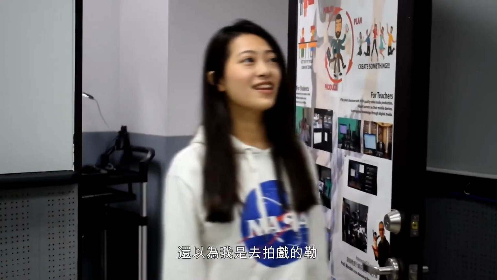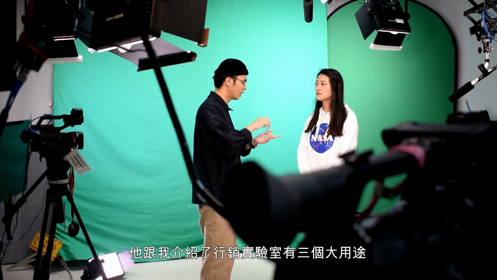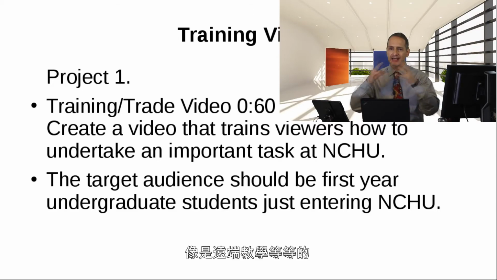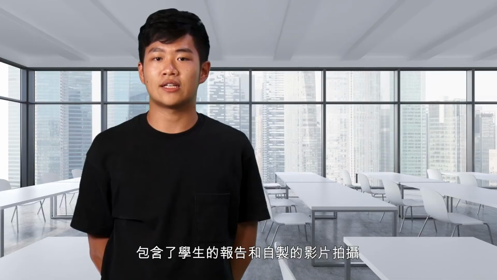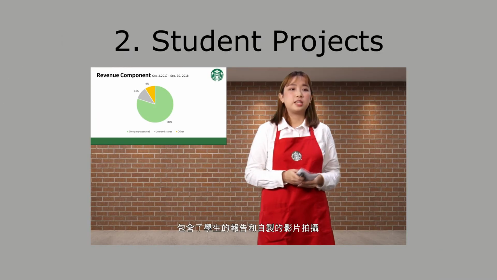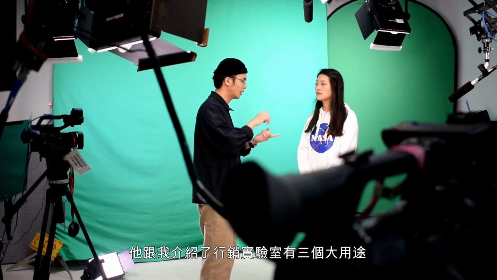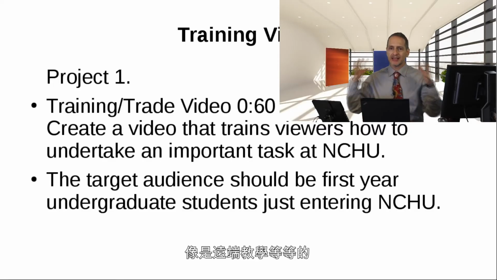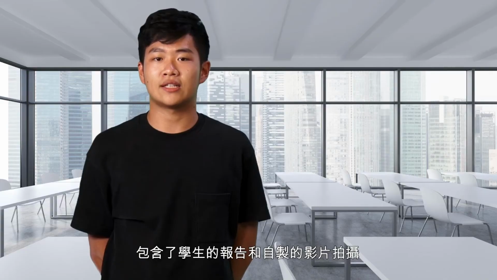To use the Marketing Lab promo as an example, let's look closer at this part here, where we introduce the different functions of the lab with B-roll examples of previous lab projects. Here, there are 3 distinct uses: recording professors' classes, student projects, and marketing experiments. I used a page peel for the beginning of each use and kept it simple with straight cuts and no transitions in between, so it wouldn't get too chaotic.